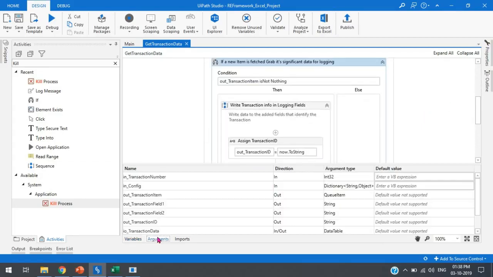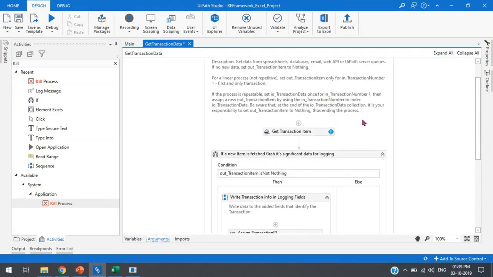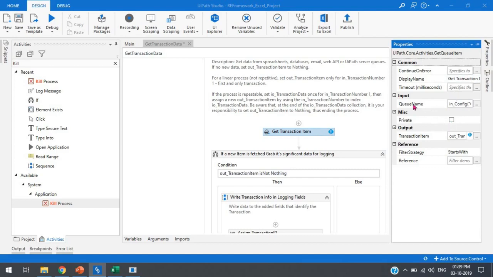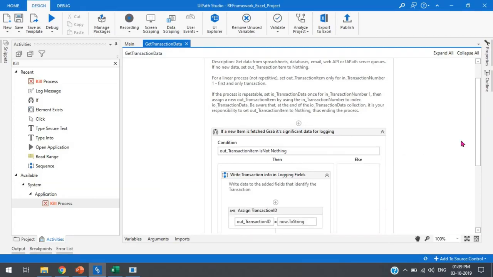Okay, in the arguments we have, yes, the out transaction item as a queue item. Let me change and replace it with System.Data.DataRow. That's done. Now you can see here the get transaction item. This is to work with the queue, so it will look for the queue name and store the data into the transaction item. So now it is not required. We'll remove this,